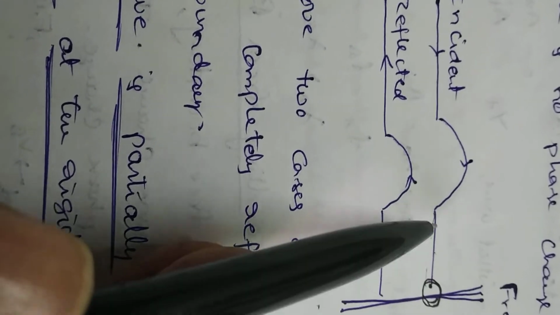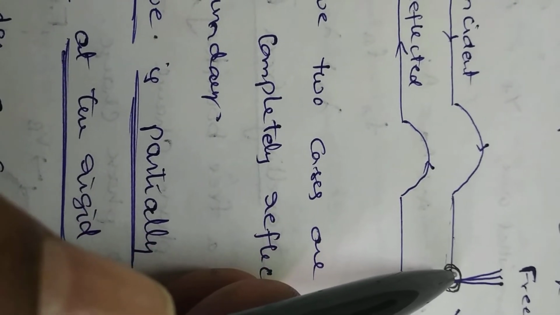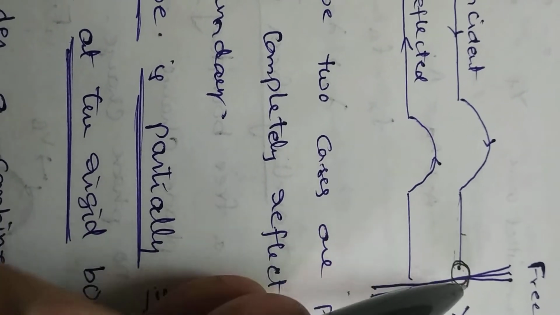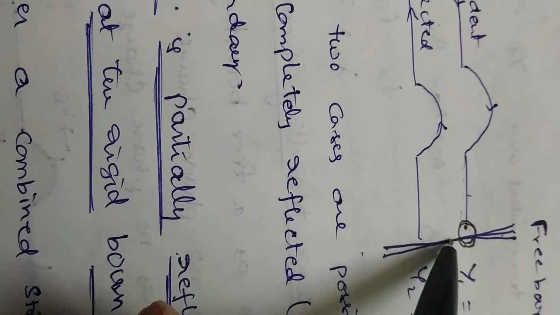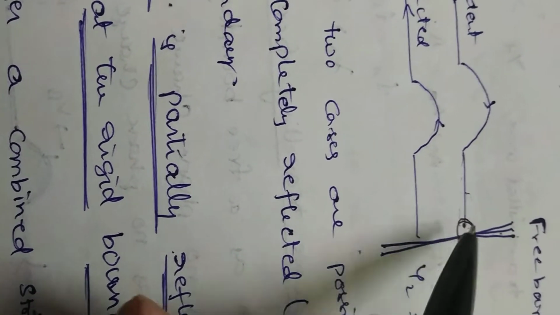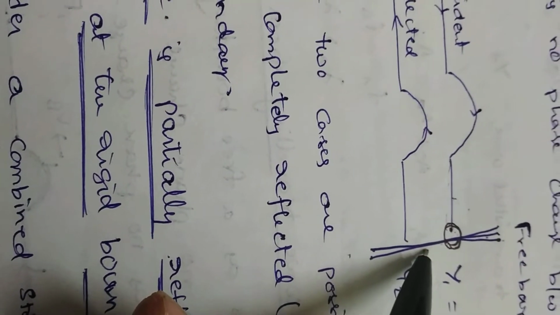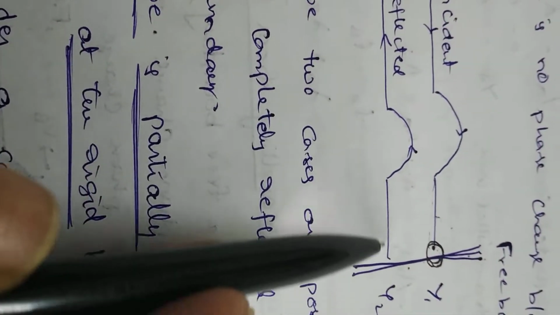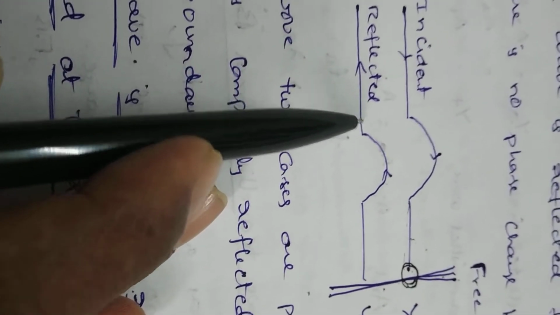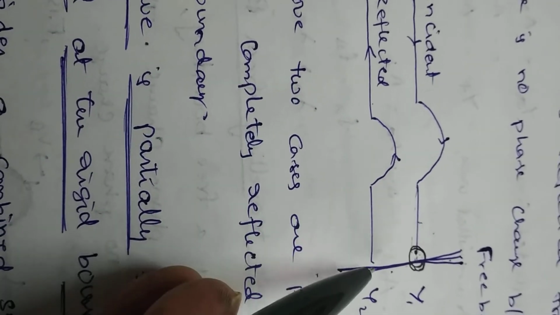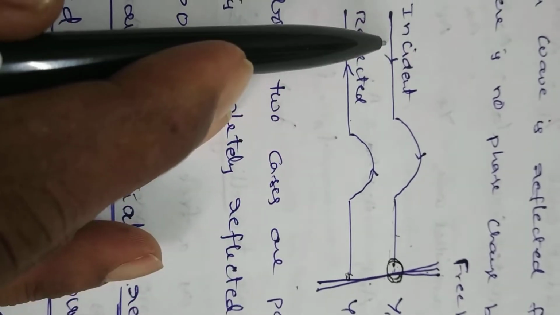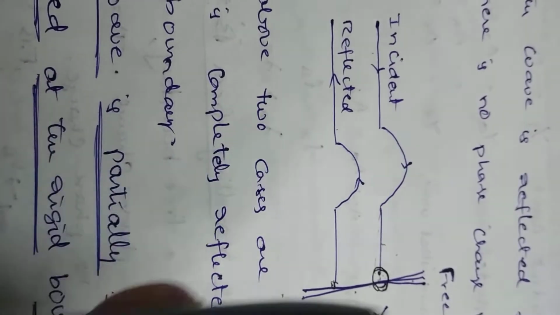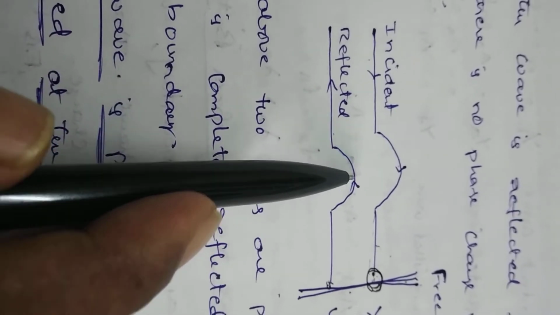So at this point, if the wave is incident on the ring, the wave exerts a force on the ring, in what direction? Upwards. That's why the ring also moves freely along this pole. The ring moves in the upward direction and there is no force exerted on the wave by the surface. So the crest will be reflected as a crest. Whether or not you understand this point, it is compulsory to remember that when reflecting from a free surface, the crest will be reflected as a crest, which means the phase difference between incident and reflected wave is equal to 0.